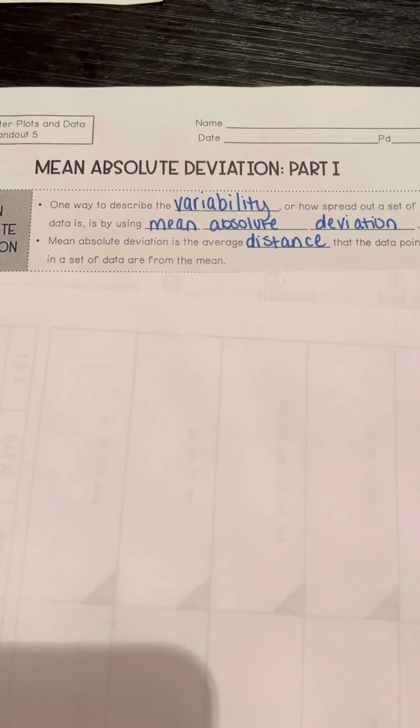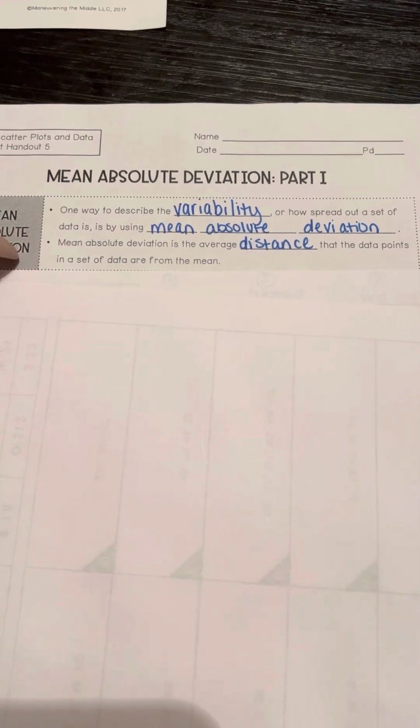Okay, today we are focused on mean absolute deviation. This is part one. It's telling us that one way to describe the variability, or how spread out a set of data is, is by calculating or using the mean absolute deviation. And this is the average distance that the data points in a set of data are from the mean